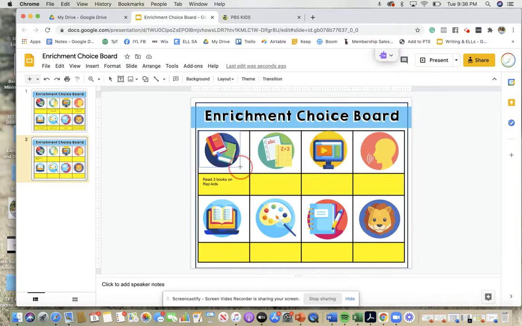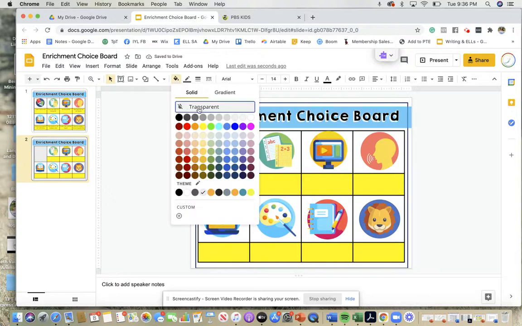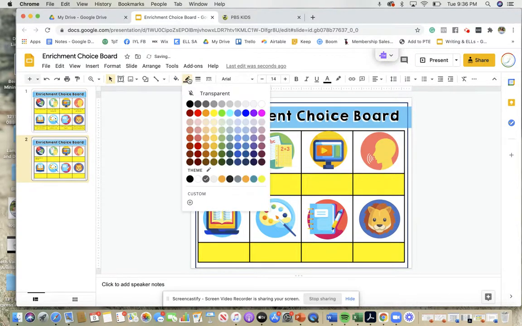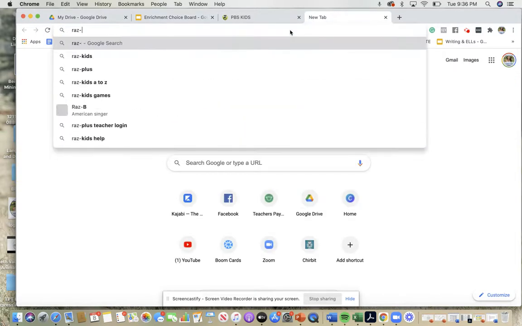and you'll put that around the picture. You can put it around the whole rectangle. And you want to make sure that the shape is transparent, and you can make the border transparent as well. So now once you have a shape over it, you can go up here and you can add any link that you want. So if you are connecting them to Raz Kids,